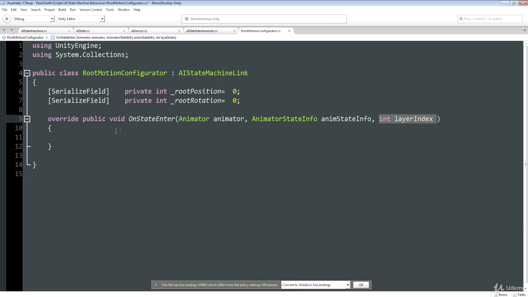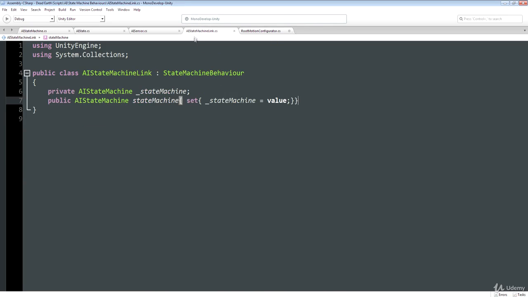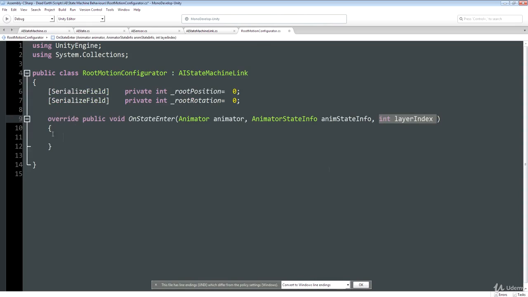And I've just had a thought. I'm going to just go back to my AI state machine link script a minute. That doesn't need to be private. That needs to be protected because we want our derived classes to be able to access the state machine. What a fool. So inside this function, all we're going to do is we're going to say, assuming we have